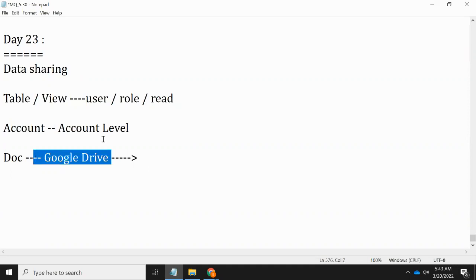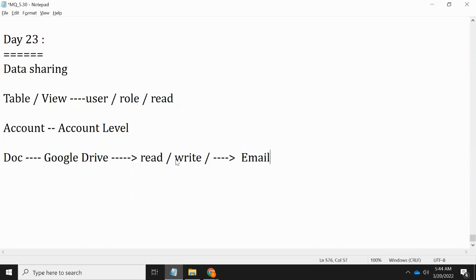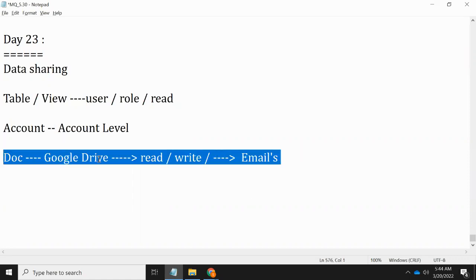Instead of sharing, if I give my username and password, it's not secured, right? Whenever you are operating my account, if I share a username and password... Now what I will do, if I want to share one document, I will keep it in a Google Drive, and then I will give read access or write access to you guys, right? And I will assign this to your email IDs, right? When I assign this drive access to the specific email IDs, now when you guys are accessing,